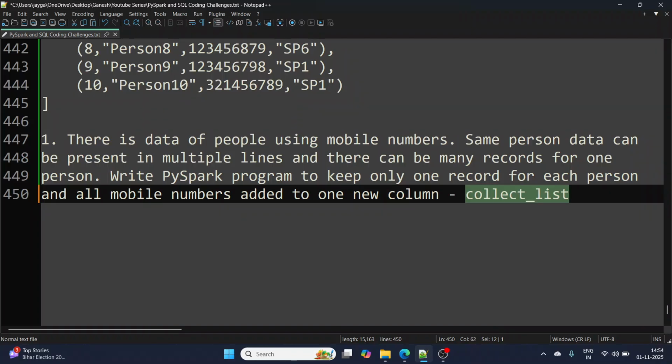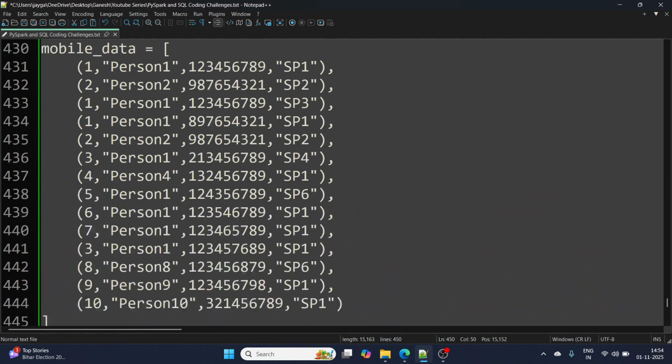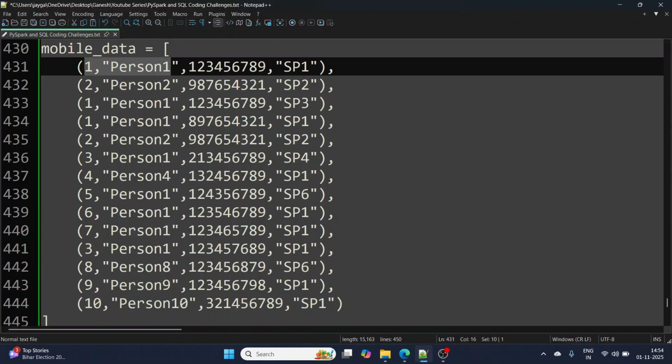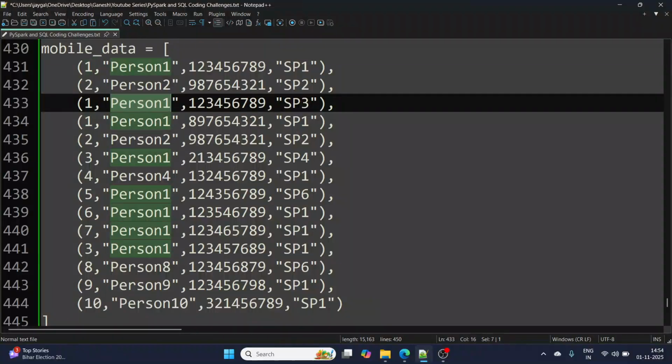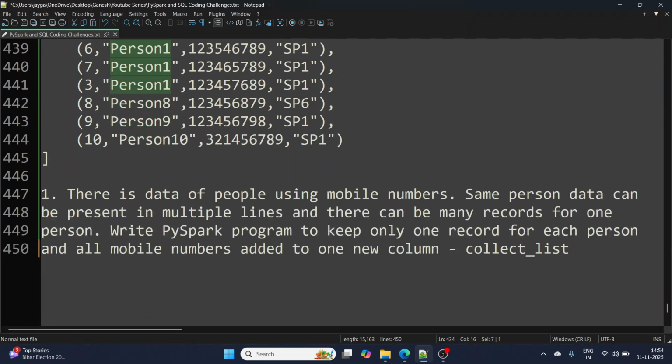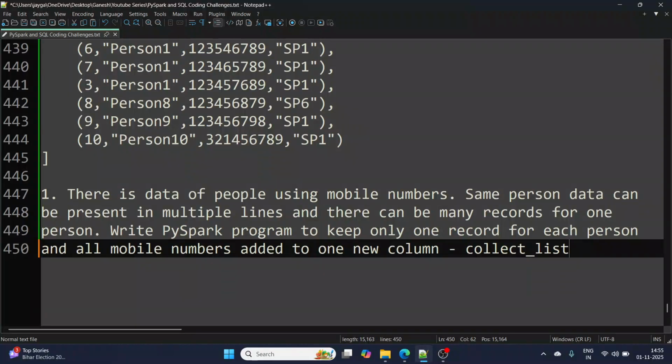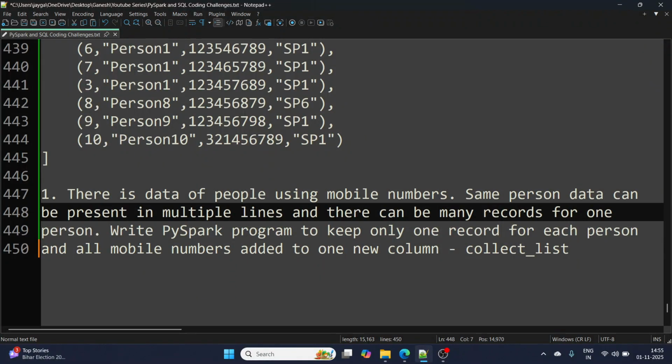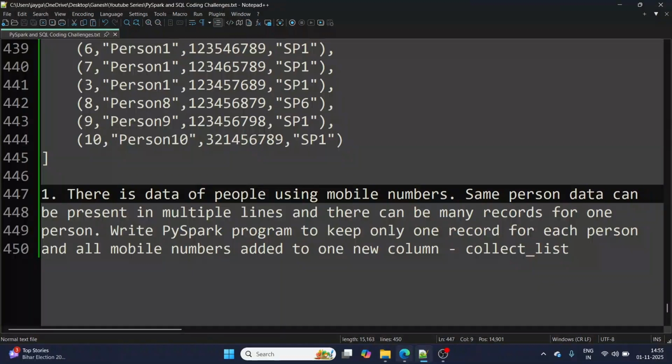If I group by based on these two columns and collect list for mobile number, it will prepare an array or list of all the mobile numbers where ID 1 and person 1 are involved. Collect list is a new transformation that we are learning in the very first problem statement.